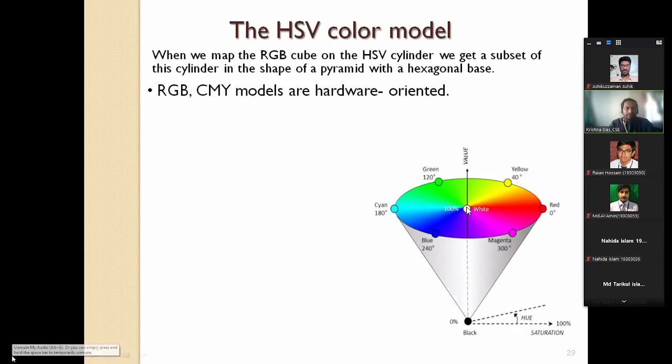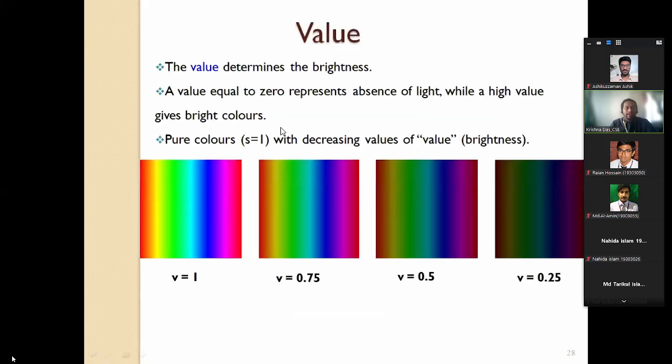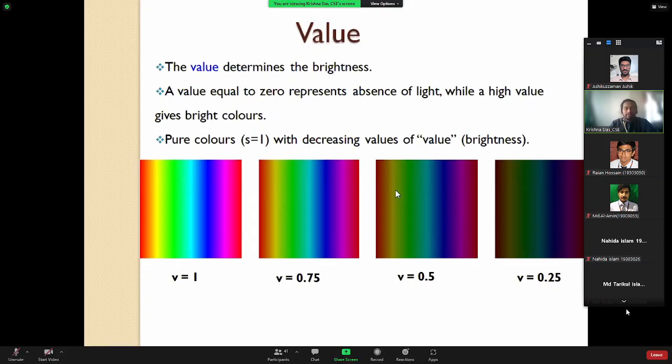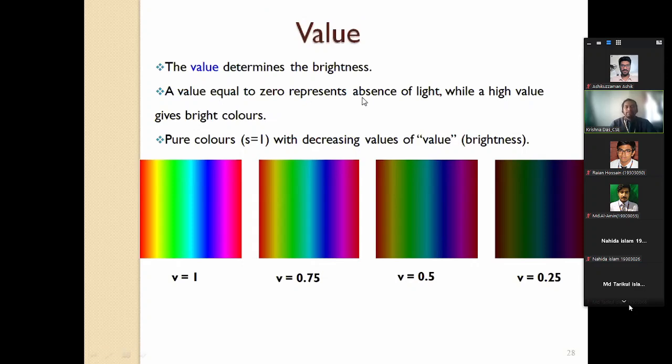Now our one condition we had, when our value is 1, that means we are at this point. Now if we consider what is value, value determines the brightness. As you can see in the diagram, when the value has been decreased, going down, a value equal to 0 represents the absence of light, there is no light, while a high value gives the bright colors, which is on the top of the circle.